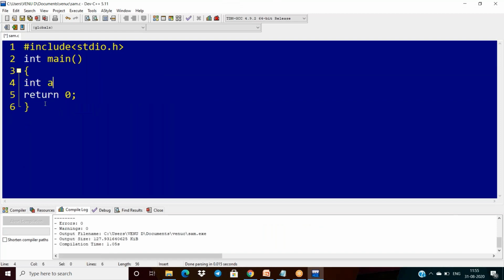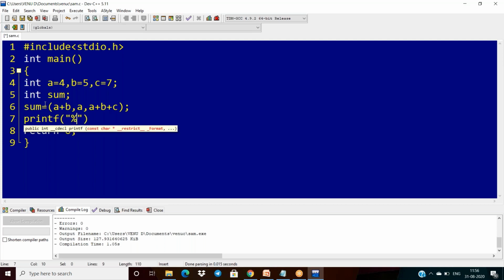Otherwise, see the example. I'm taking int a equal to 4, b equal to 5, and c equal to 7. Take some variable, sum equal to a plus b comma a plus b plus c comma, and printf percentage d sum.